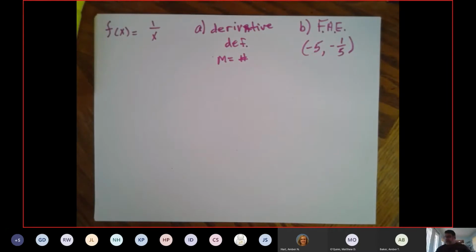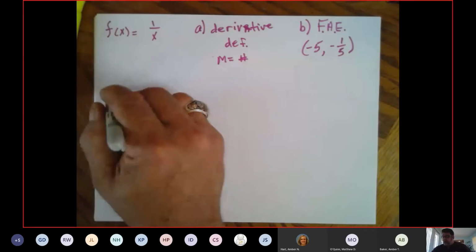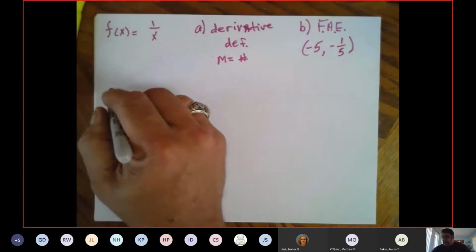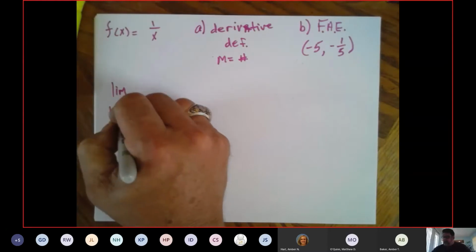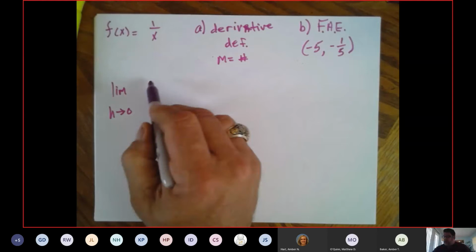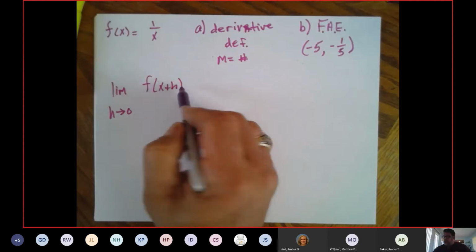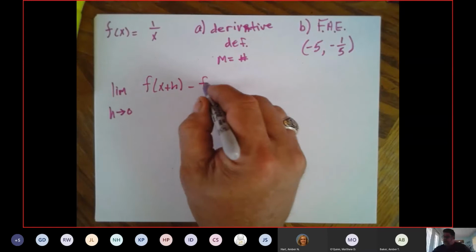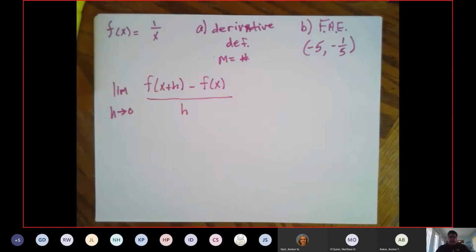So that means that I've got to plug in my difference quotient, m, or whatever: limit as h approaches 0 of f of x plus h minus f of x over h. And I'm going to take my handy dandy orange and green,